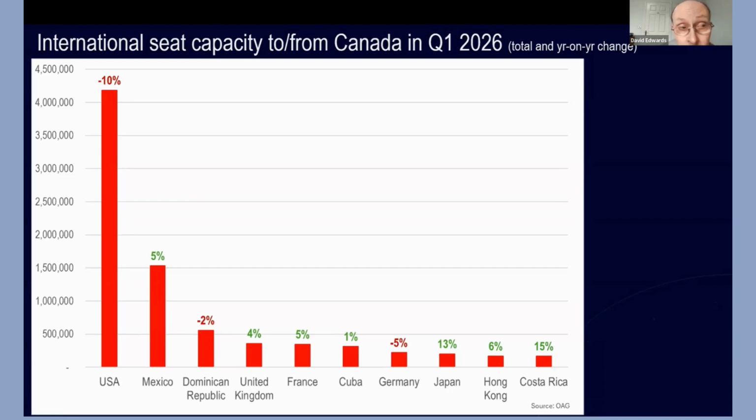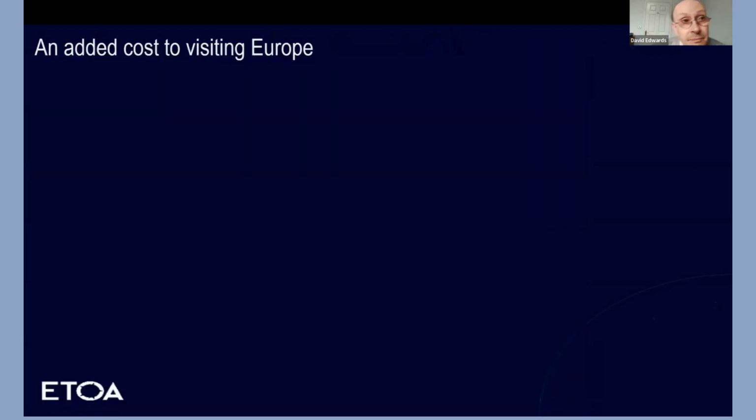But we can see additional seat capacity from Canada going into Mexico, but also to European markets, the UK and France, seeing growth in capacity from Canada, whereas Germany is seeing a bit of a decline this year. Then over towards the right of the chart, relatively low volumes of seats ex-Canada, notice Japan, which has really been growing its inbound market over recent times. As folks in Canada perhaps think about where they can go that isn't America, it might be Asia as well as Europe that starts to benefit.